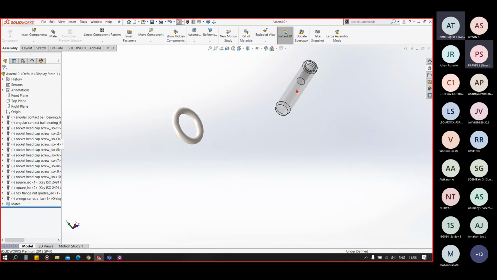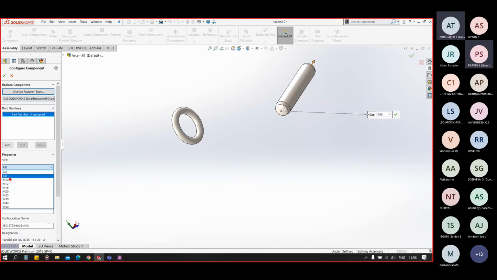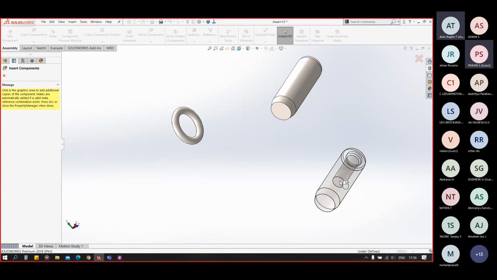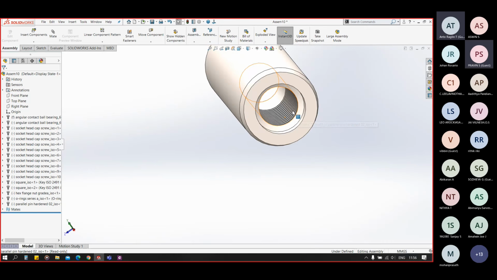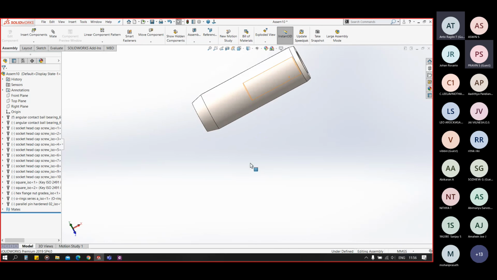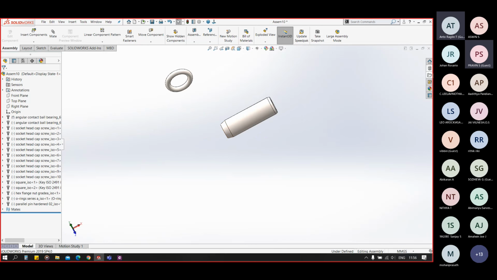Let's say I have parallel pin here, size M10, type A and B, length let's say 30 mm, and yes, it is that. You can see this is threaded from here and chamfered from this end.